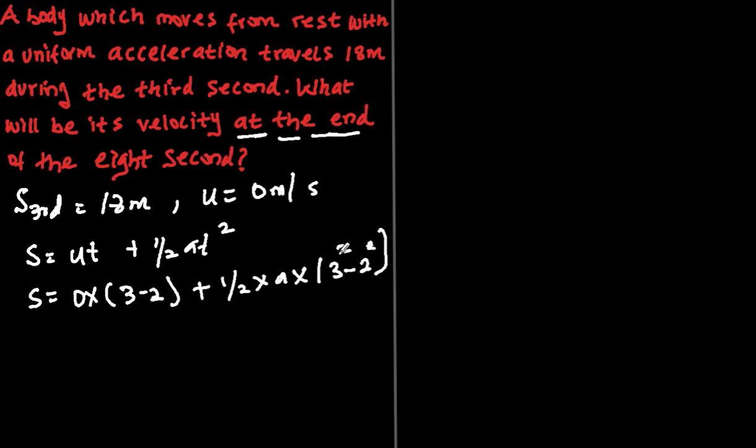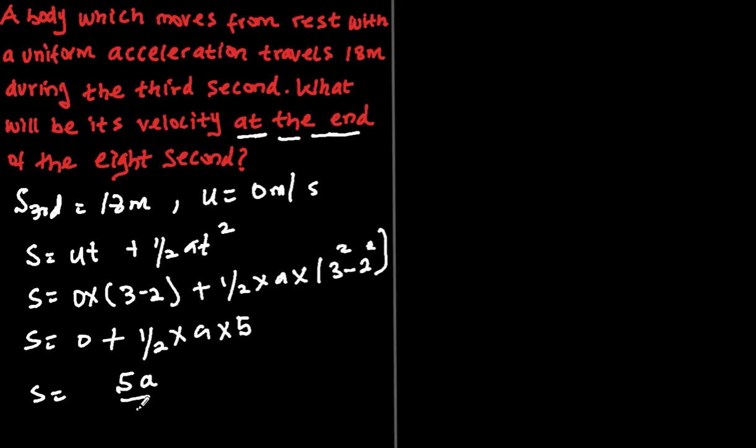All right, so you have to do this individually. When you are doing the t squared part, don't do 3 minus 2 squared, it will be 3 squared minus 2 squared. So this will be 0 plus half times acceleration times 3 squared is 9, 2 squared is 4, 9 minus 4 is 5, so s is equal to 5a